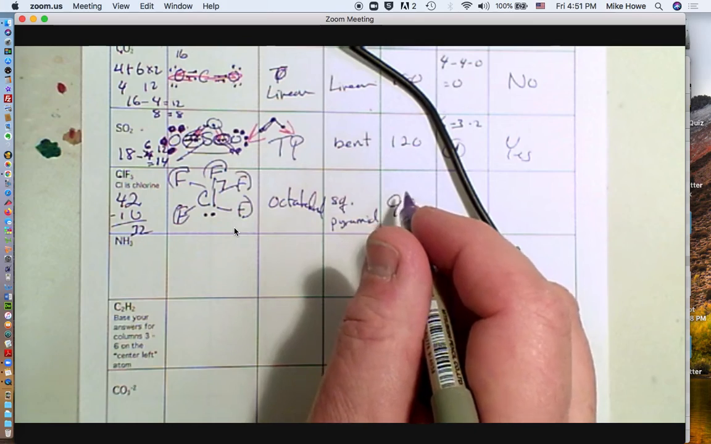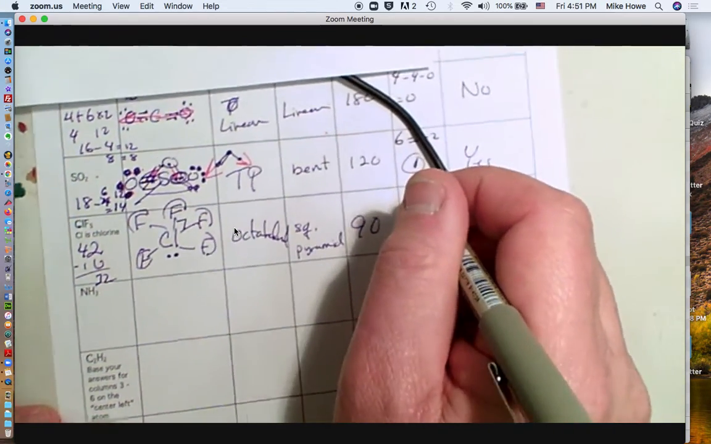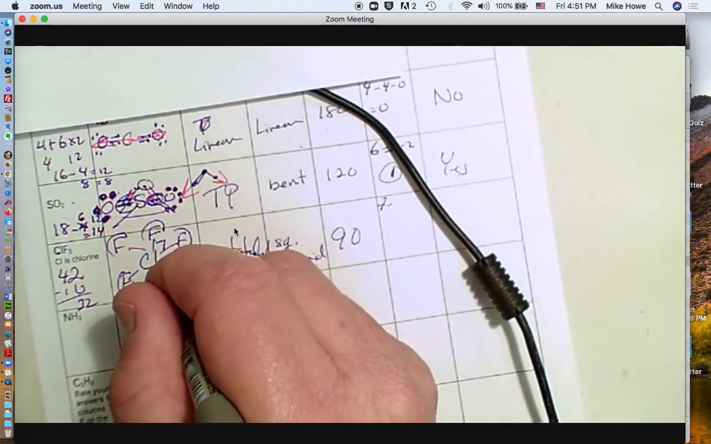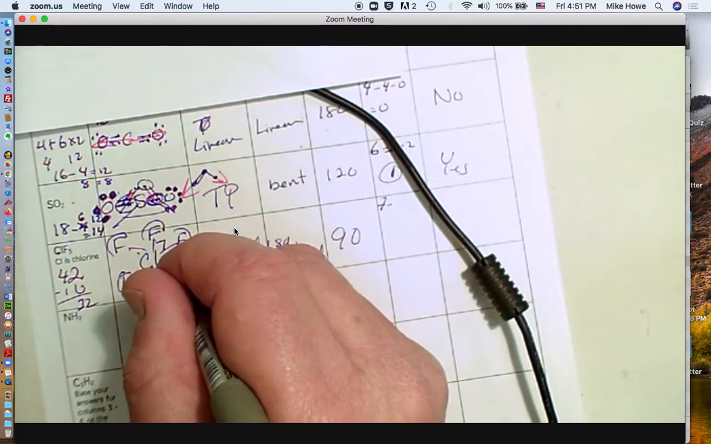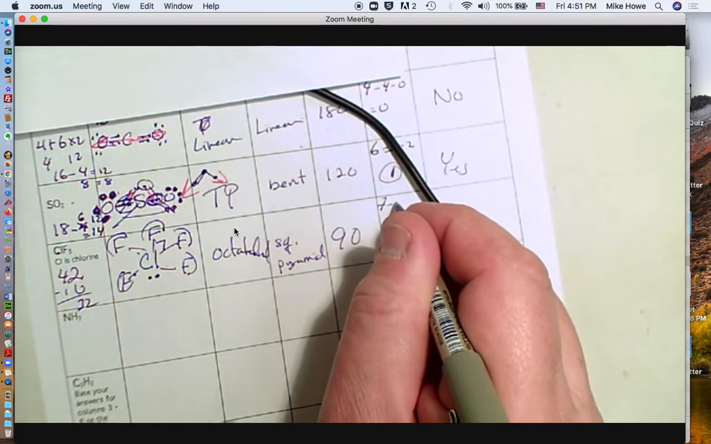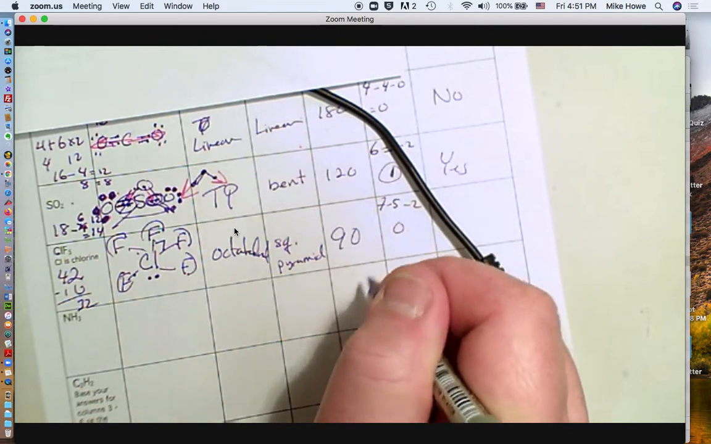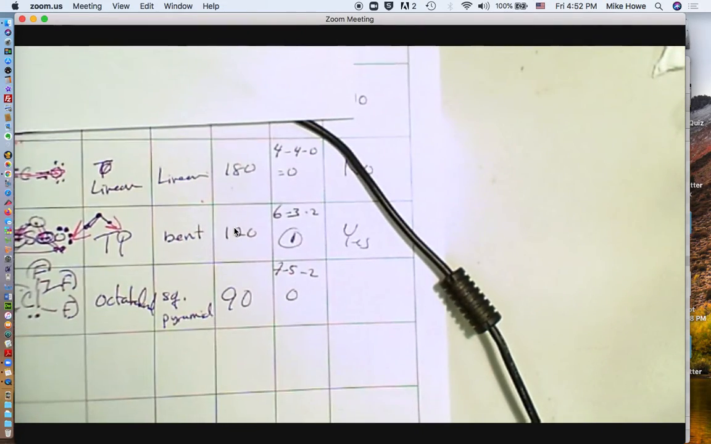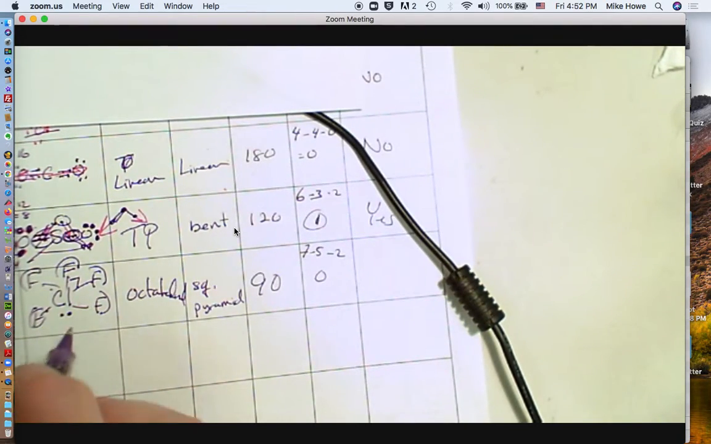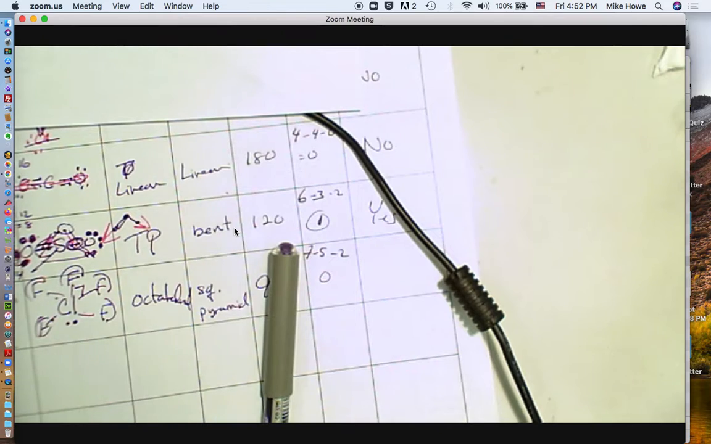And central atom formal charge, we have 7 minus 1, 2, 3, 4, 5 pairs. Half of 5 pairs is 10, but half of that's 5 electrons. So 7 minus 5 minus the 2 unshared gives us 0 formal charge on the center atom. And then the last column about polarity, since it is asymmetrical,